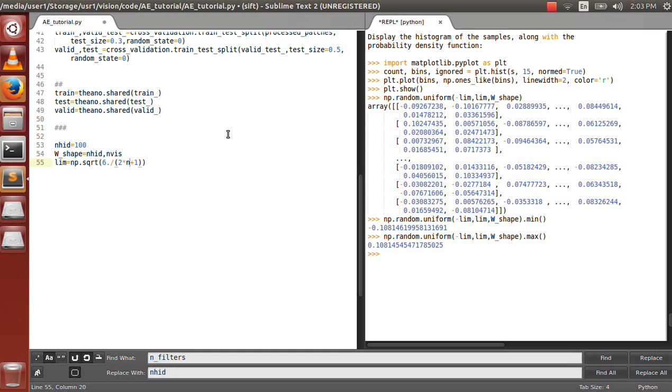In this sense, he defines a good initialization scheme as sampling from a uniform distribution which has limits calculated in a very particular way. We'll see that now.